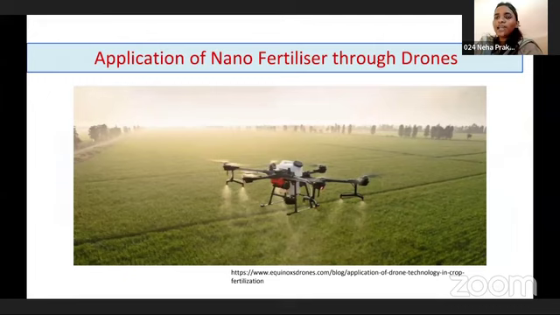Then there is the application of nano fertilizers. As we know, we are applying fertilizer in our fields in large quantities, such as urea. However, nano fertilizer is the application of small particles. Nano means small particle, which we apply in our field. Recently nano urea was launched. So instead of using urea granules, we shift to nano fertilizer. This is a best management strategy from which we can sustain our soils.